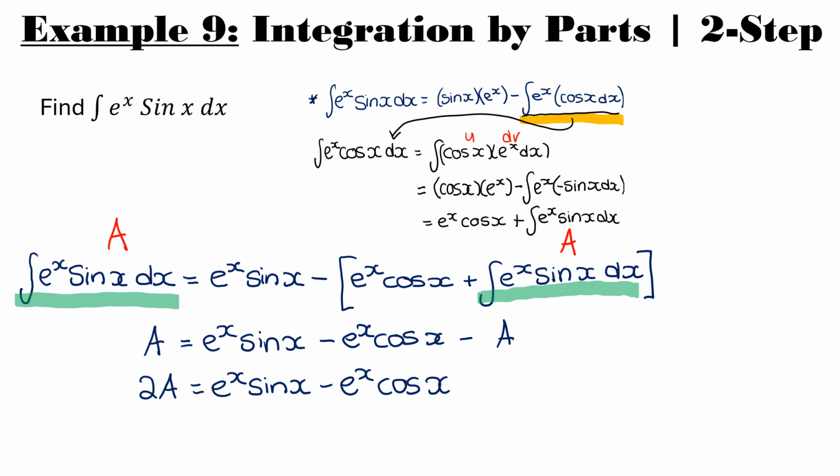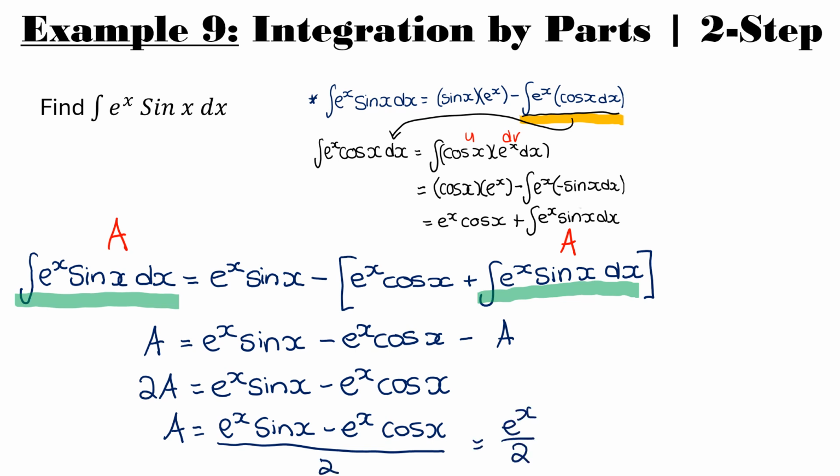And I want an answer for A, so I'm going to divide across by 2. So e to the power of x sine x minus e to the power of x cos x all over 2. And if you want to write that in a slightly nicer way, we can pull out the e to the power of x and the 2 in front, and we can do sine x minus cos x,